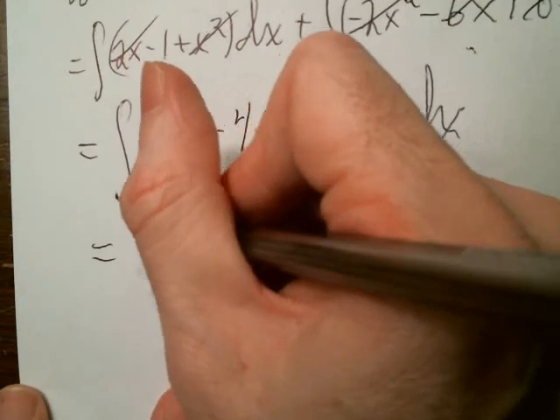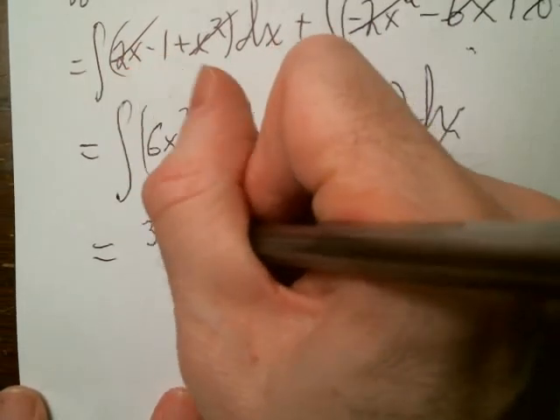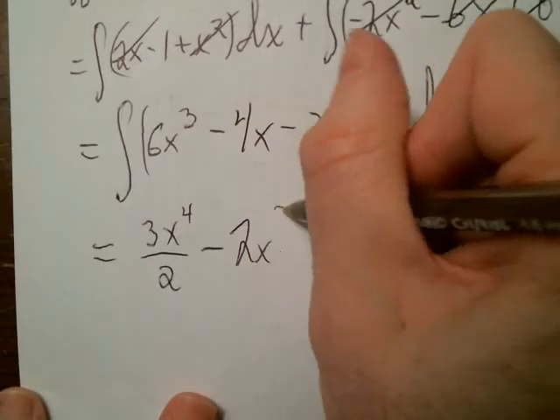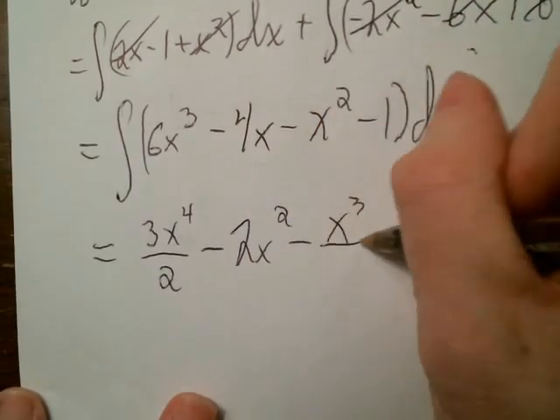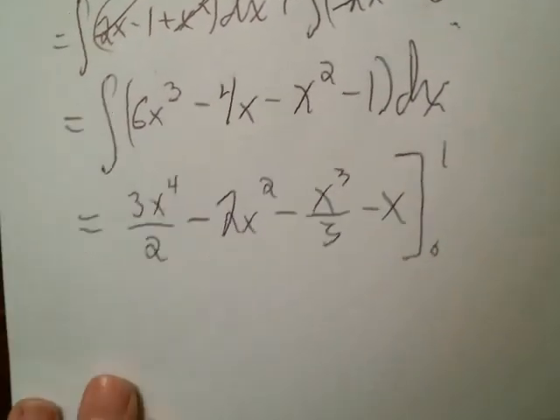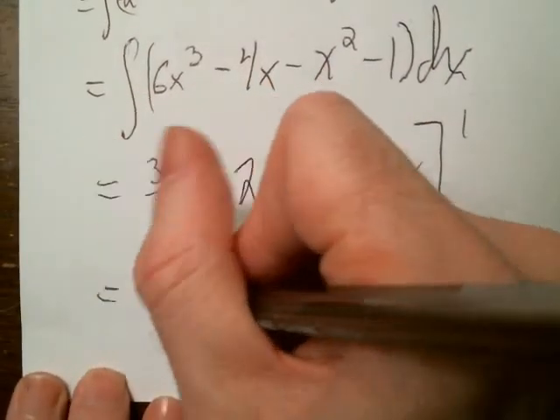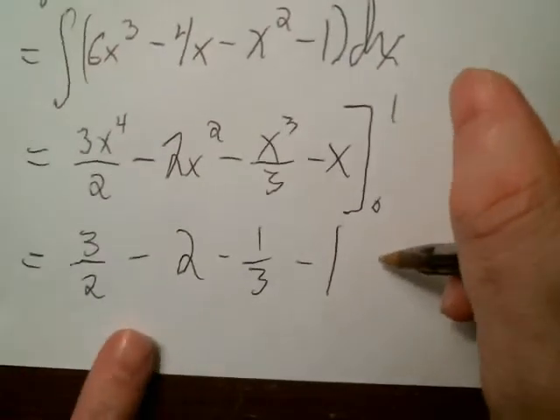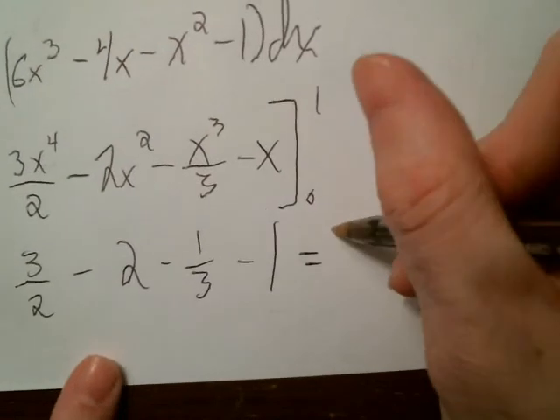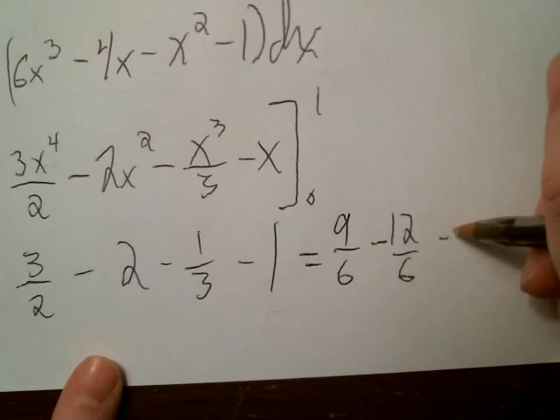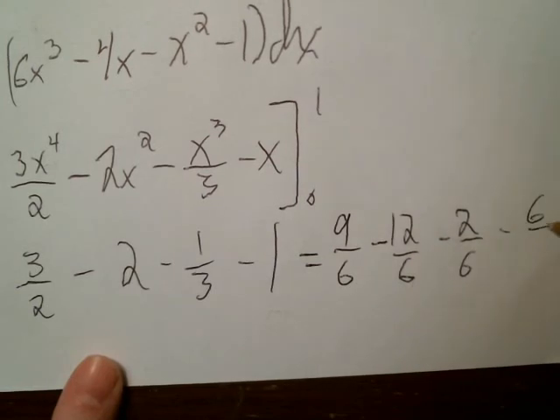So 6x to the 4th over 4 is 3x to the 4th over 2. Minus 4x squared over 2 is 2x squared. Minus x cubed over 3 minus x. And then I evaluate from 0 to 1. So this would be 3 halves minus 2 minus 1/3 minus 1. Find a common denominator. So 9/6 minus 12/6 minus 2/6 minus 6/6